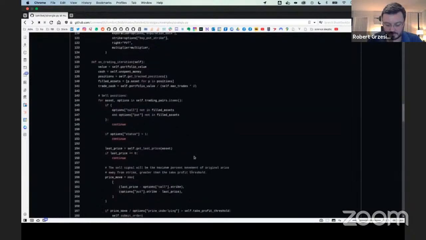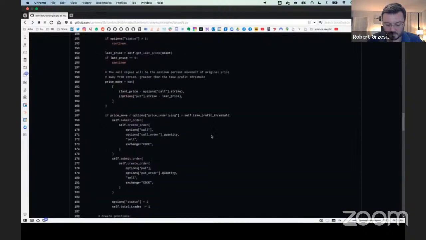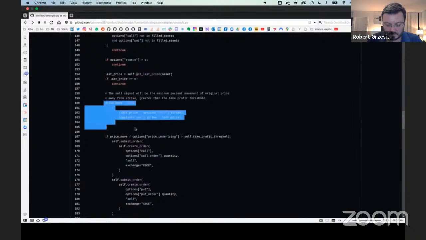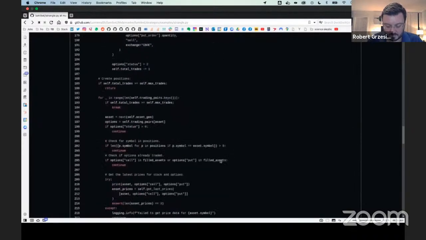And then when you get into the iteration, this is where we start selling and buying. We always sell first, try to raise cash if we need to, when we're long anyway. And so here we're going to just point out something sort of specific to this strategy. We look for the price move here. And then what we do is we compare it to the threshold that we've set that we're willing to take our profit on. For this particular example, the threshold is really low because I want to make some trades. And then we create orders and submit the orders by liquidating our positions.